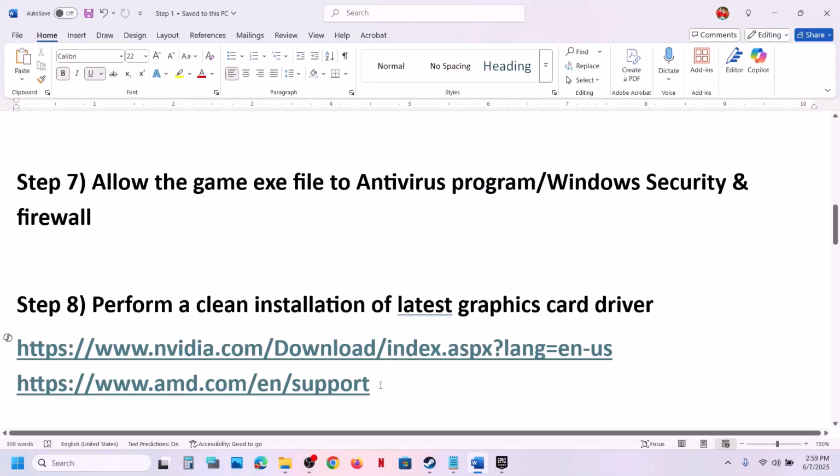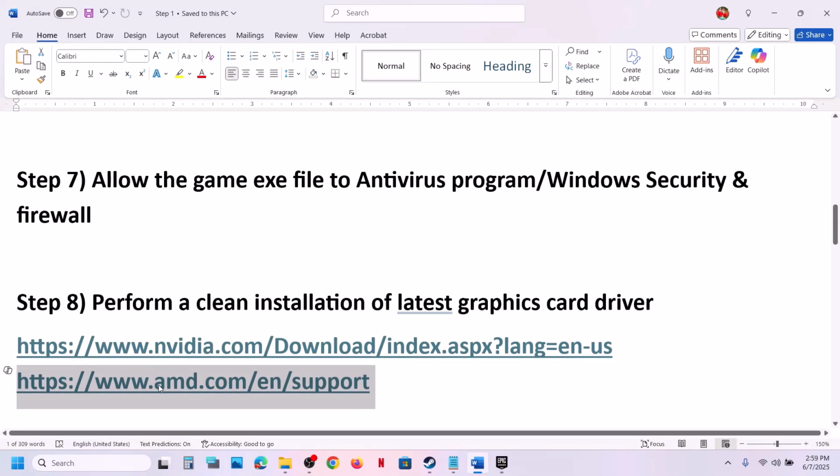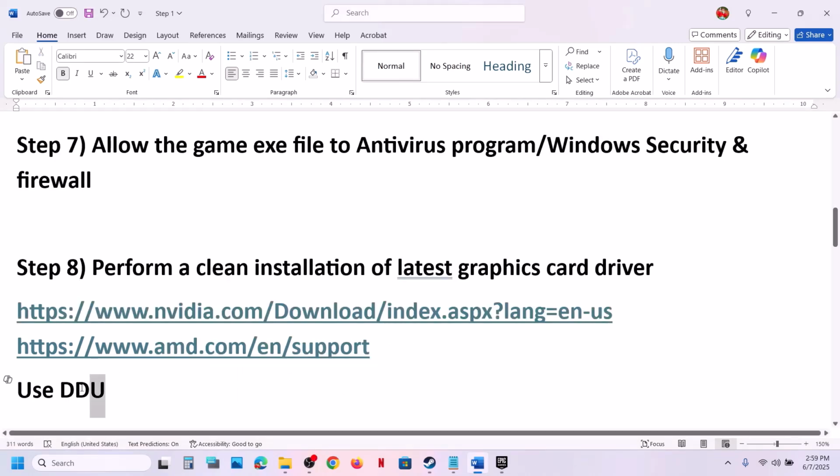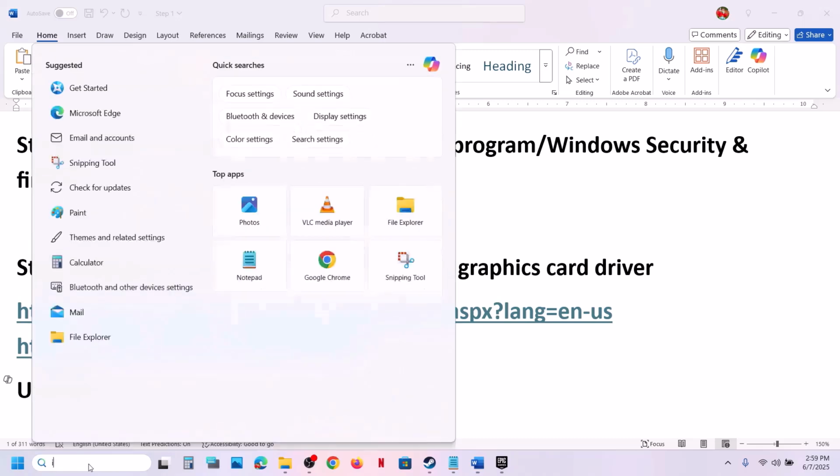AMD card users, first of all, uninstall the current graphic card driver and then restart your computer. Go to the AMD website and select your graphic card, install the latest graphic card driver, restart your computer once again and then check. If that does not work, you can even use this DDU, that is Display